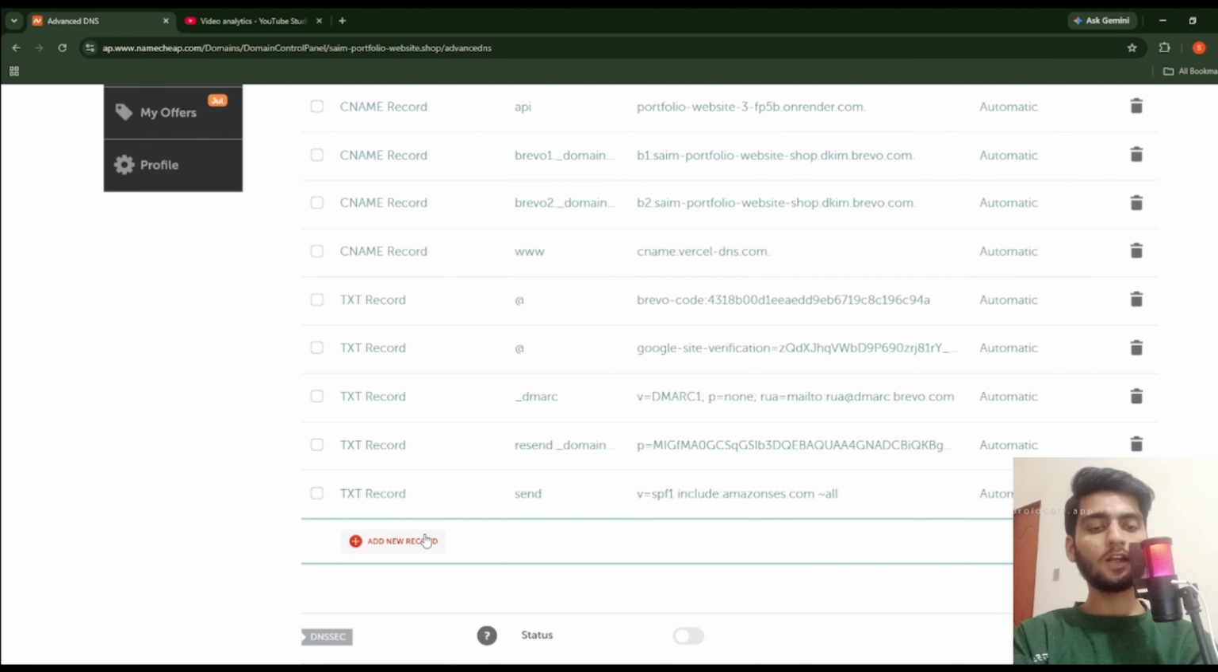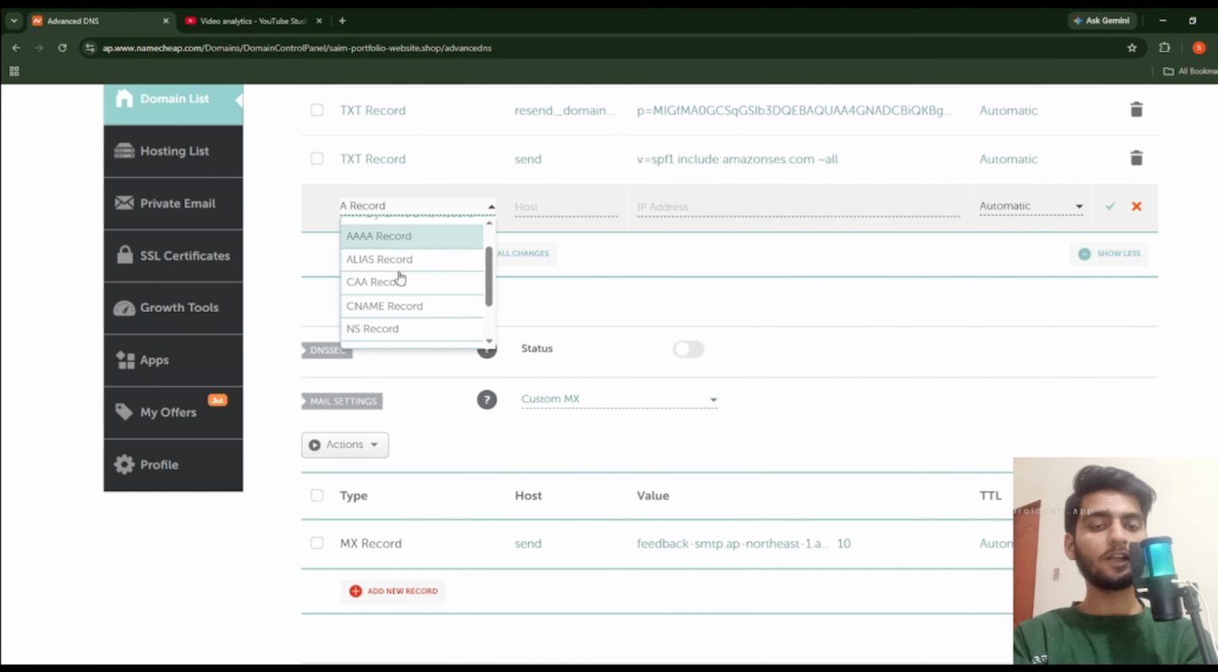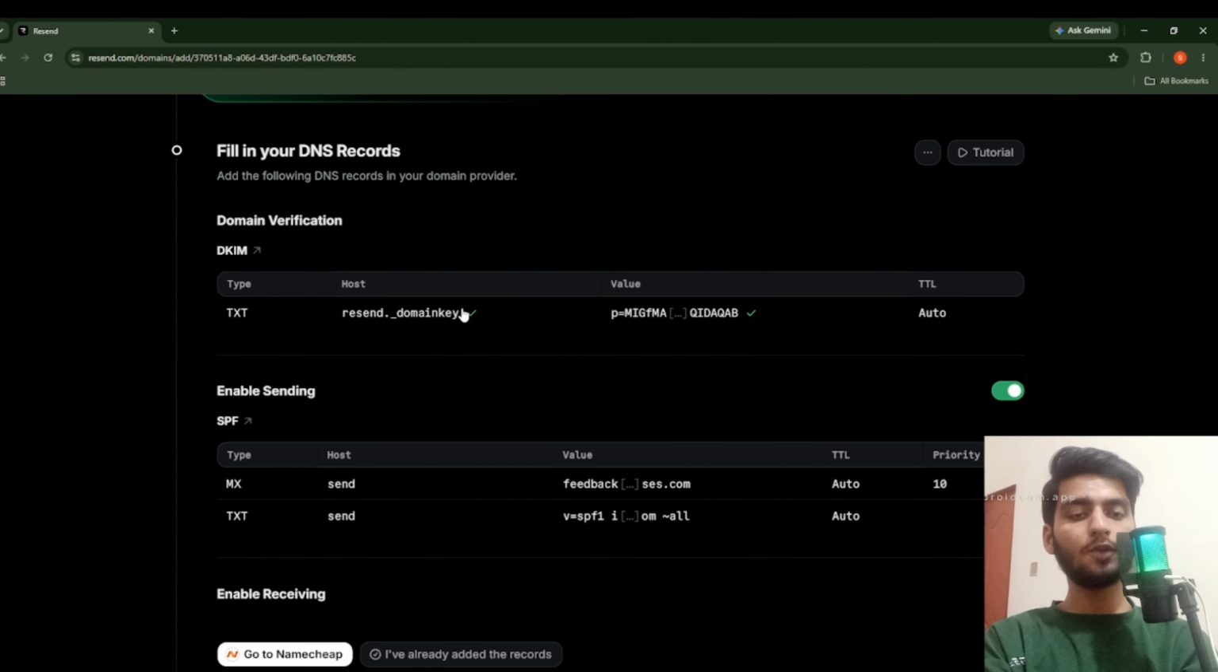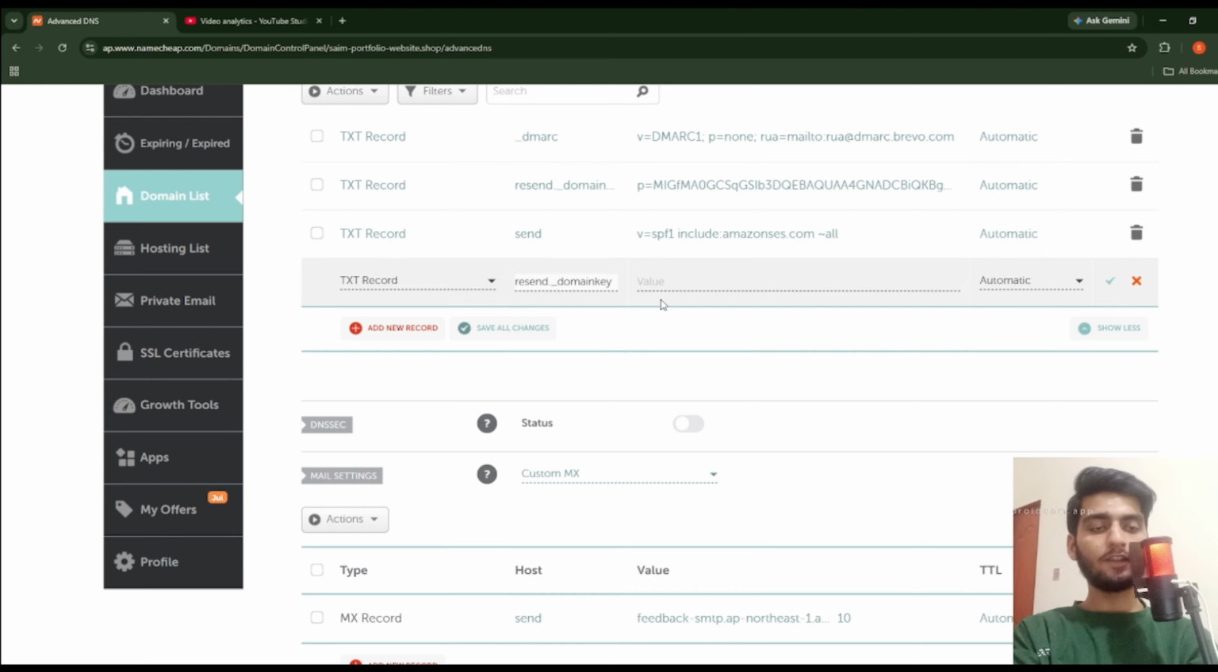First of all, we will click on add new record. From there we can select the type of record. Here we will put the host value. You can copy it from here, and then we will copy the value,